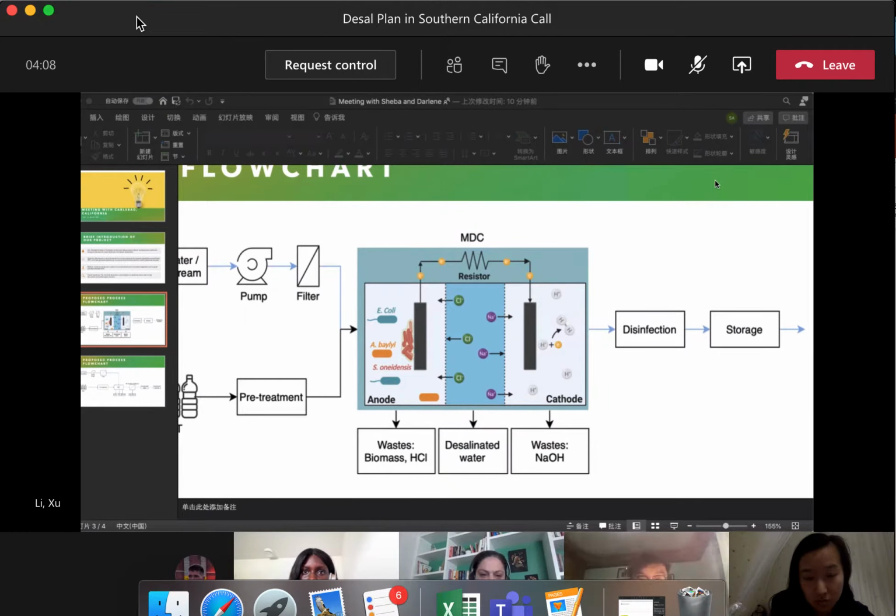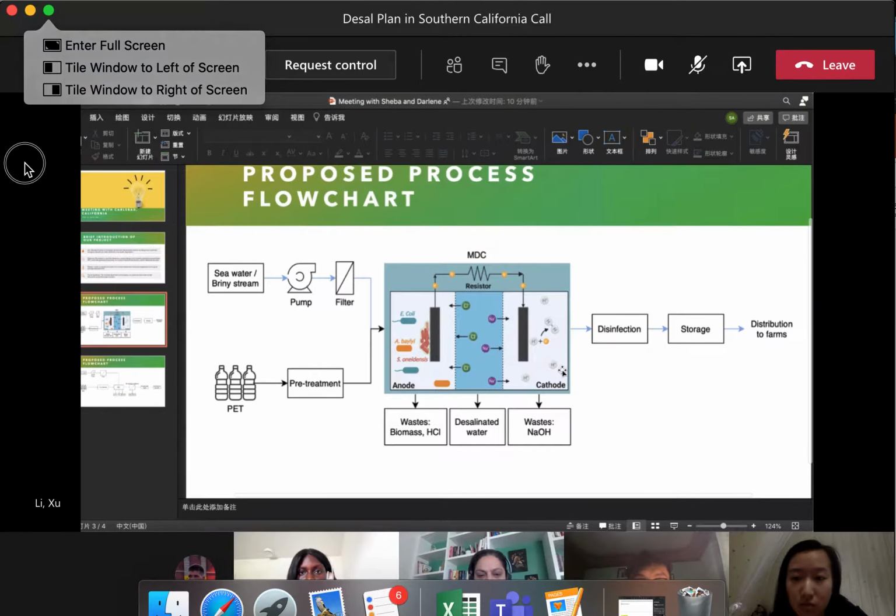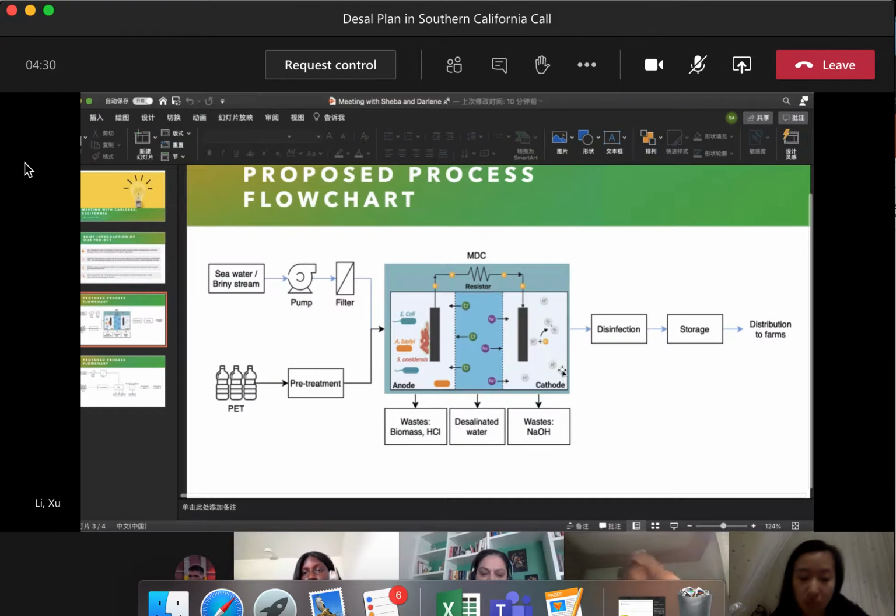Yeah, so this is quite interesting, but in terms of the consumption, because the desalination obviously takes a lot of energy. If there's 1 million gallons of water to be desalinated, what is typically the power usage for something like that? And how much of it would be generated through your process?